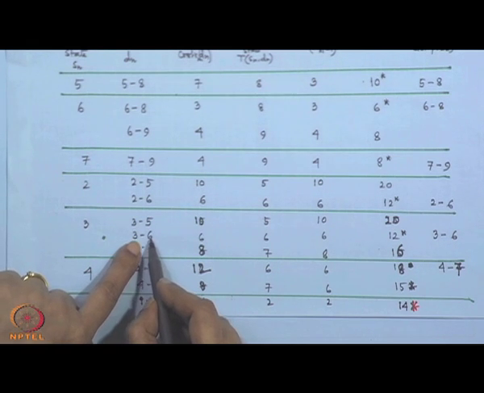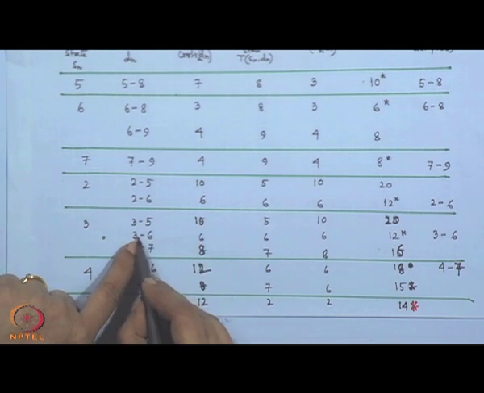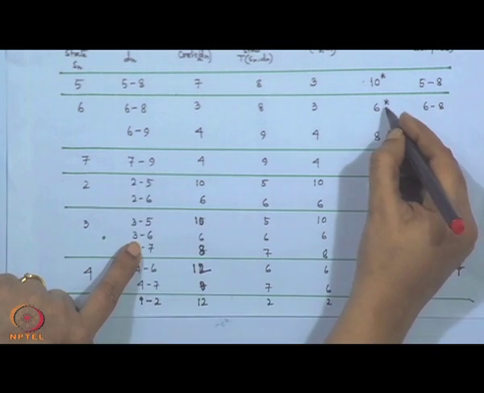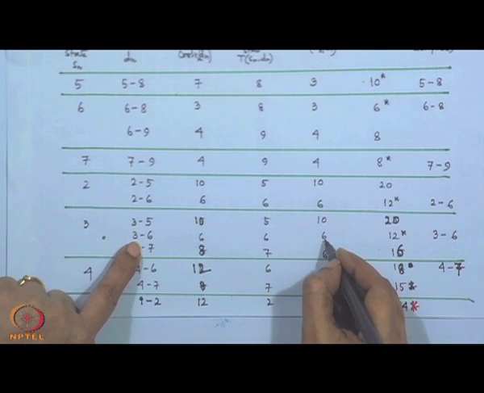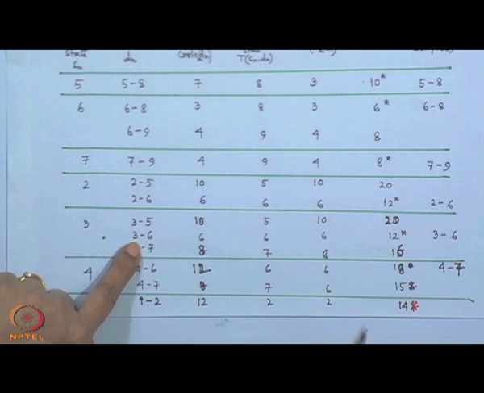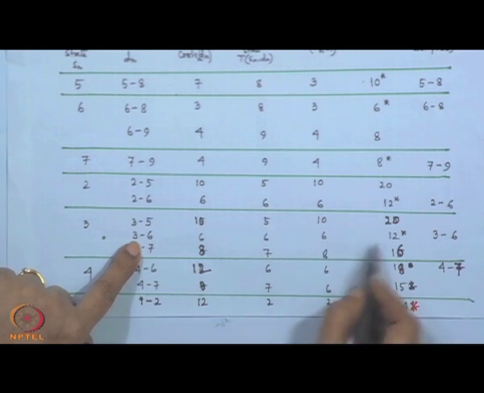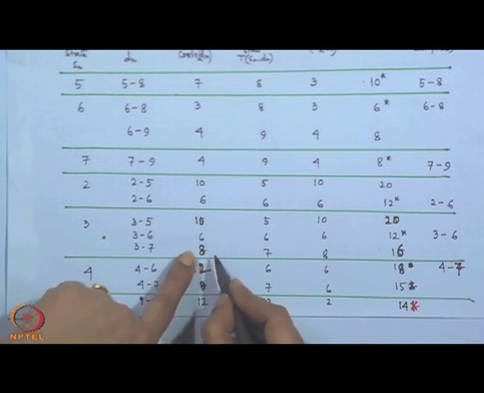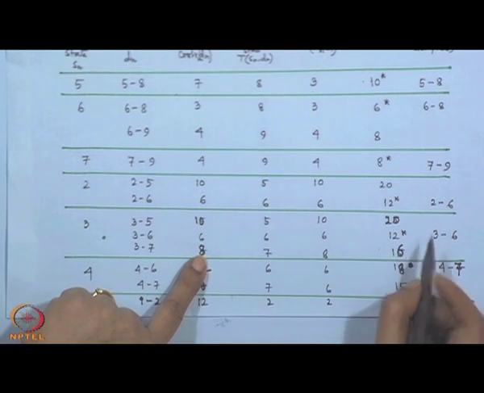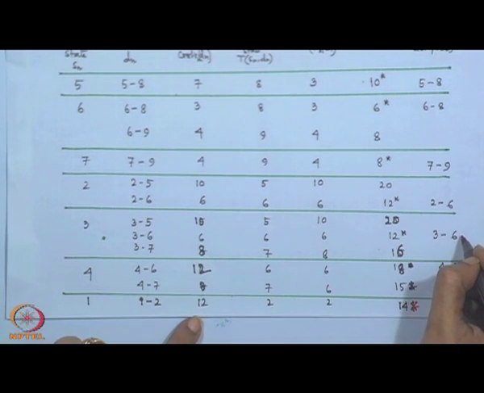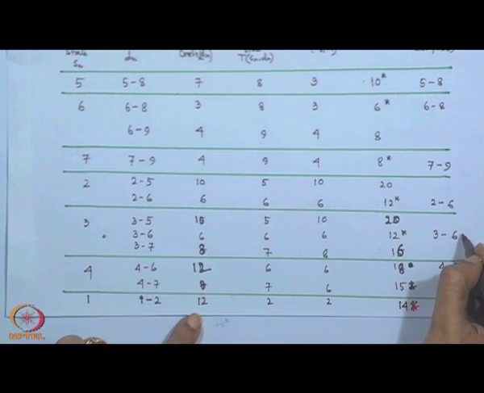3 to 6: once we reach 6, the immediate cost I have to incur is 6, and for 6 the optimal solution is 6, so we have written 6. How we reached 6 is not important for us, as I said again and again. And this is for 3 to 7: for 7 the optimal is 8, so we have written 8 plus 8 is equal to 16. Among these 3, 12 is the minimum one, that is why this is the optimal solution at this stage. Let me move to the